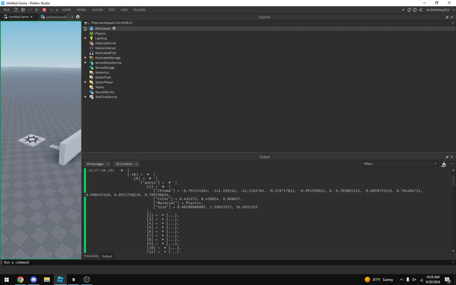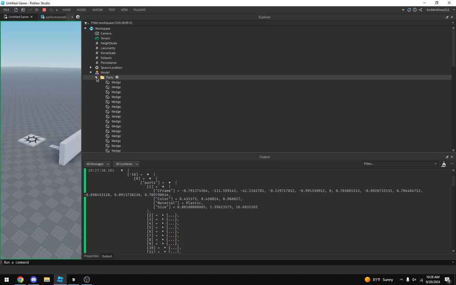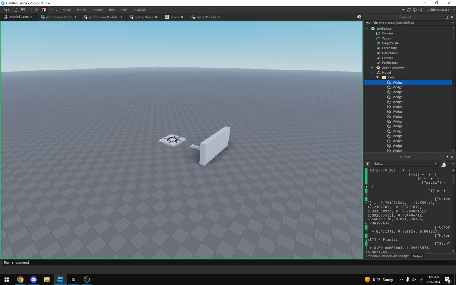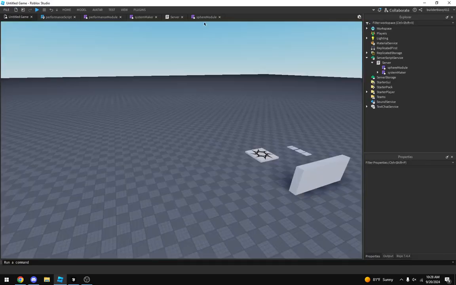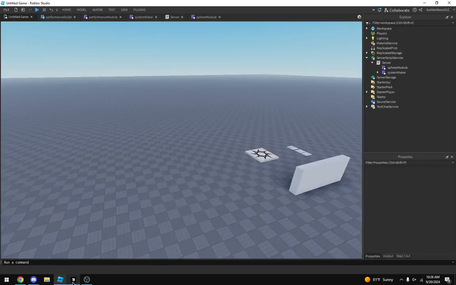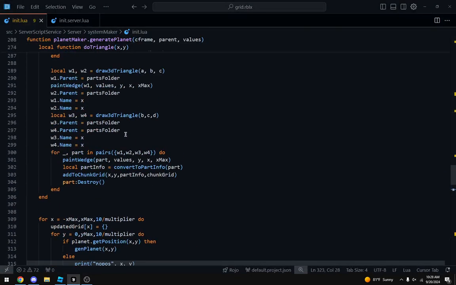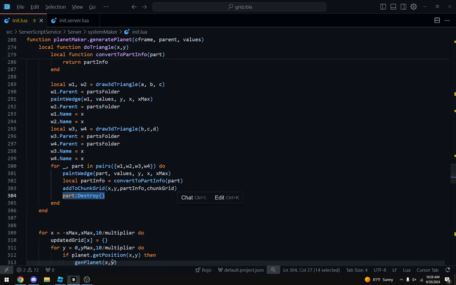I mean, perfect, really. This is exactly what we want. But we have the parts there for some reason. My God, shut up! I'm sorry, what does this say? Why are the parts not destroyed?